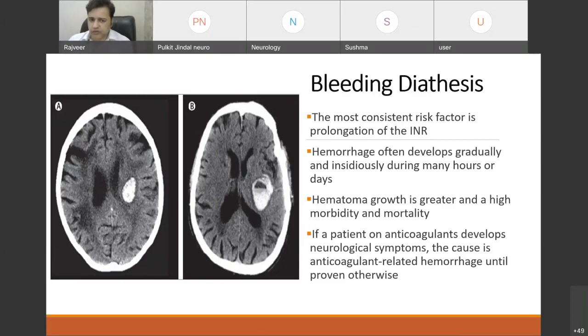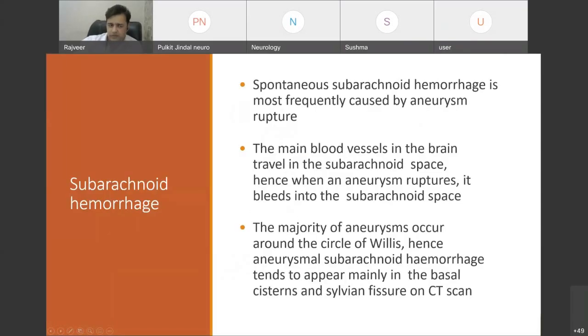And if a patient who is on anticoagulation develops any neurological deficit and comes to you in the emergency, you should always consider anticoagulation related ICH unless otherwise proved, and get an urgent CT scan. And what is the cardinal feature? Sometimes you see a fluid level in the anticoagulation related bleed. If you find a level, it shows that there is some bleeding diathesis in the patient, maybe drug related, or sometimes a CLD patient may also present with this kind of bleeding. So that was one slide about the ICH.